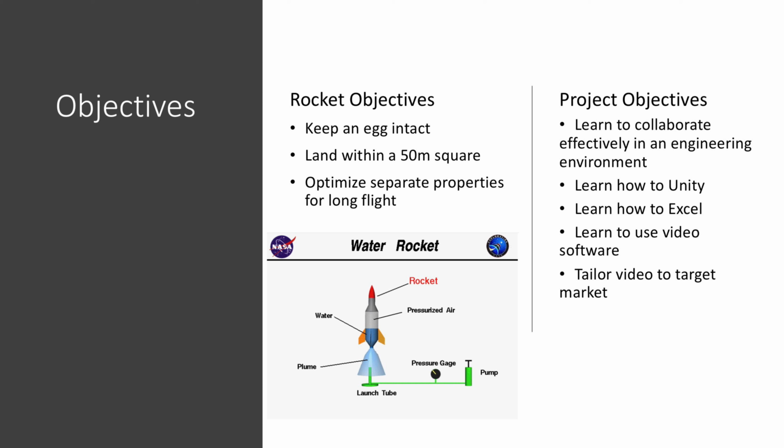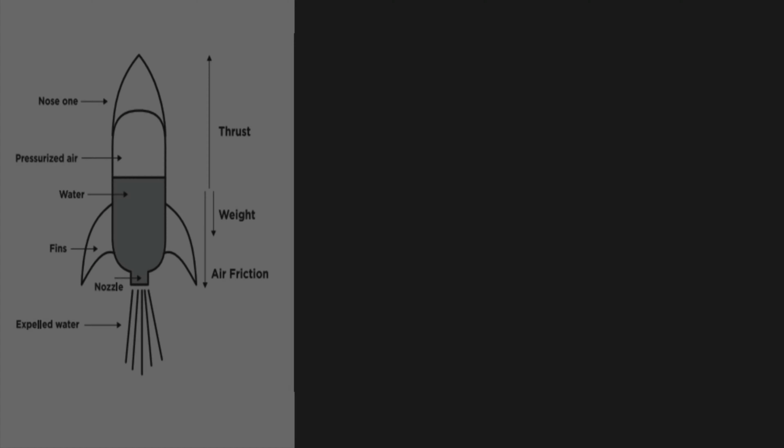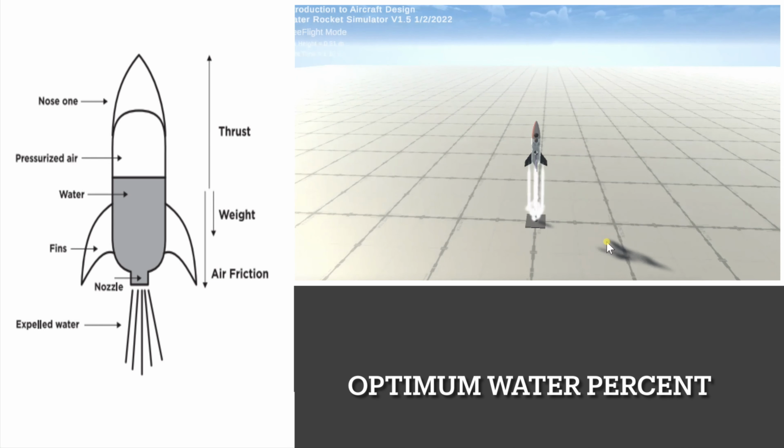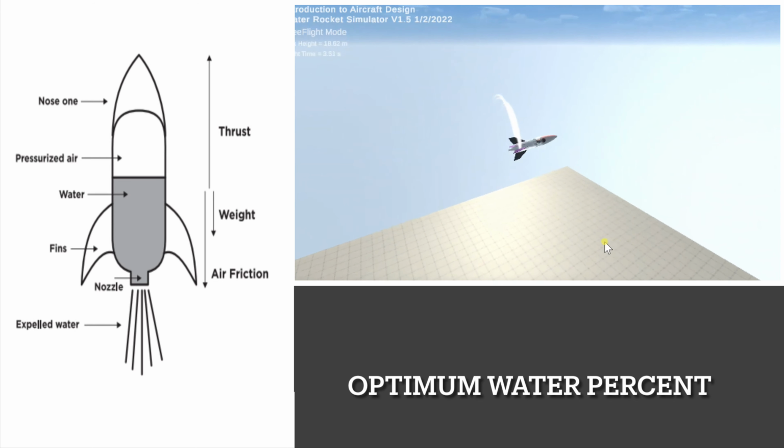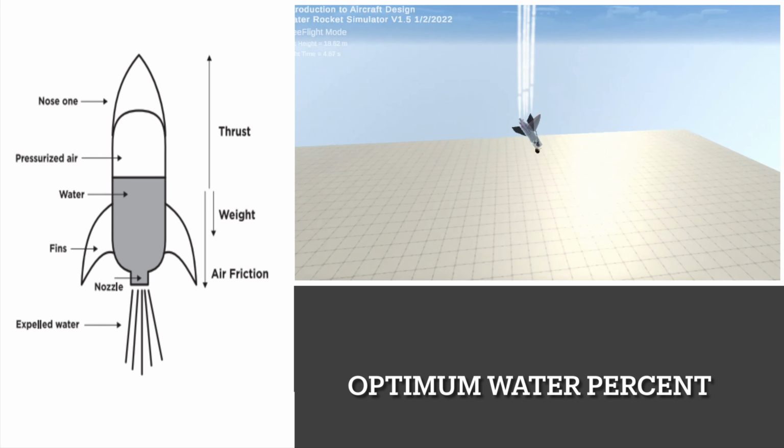The rocket is propelled by a jet of water leaving the nozzle of the bottle. To create the maximum flight time, we needed to find the optimum water fraction. To achieve this, we need a large impulse. If the rocket doesn't have enough water, there will not be enough thrust produced, because the impulse will be small,